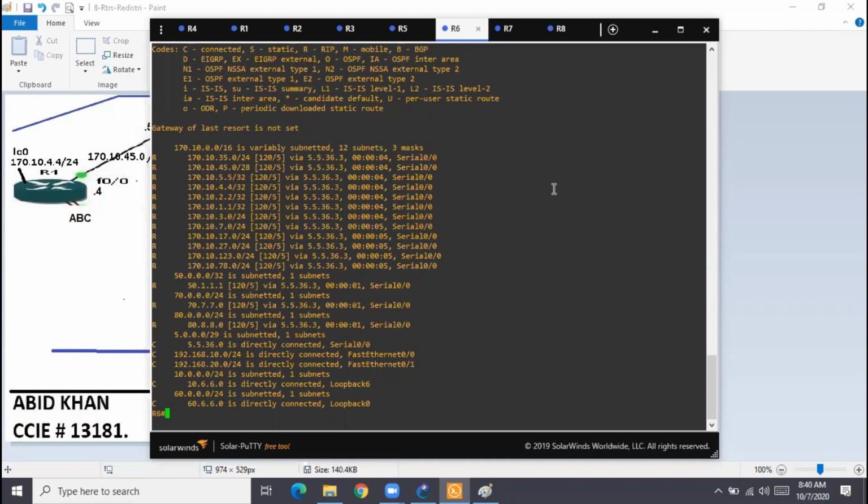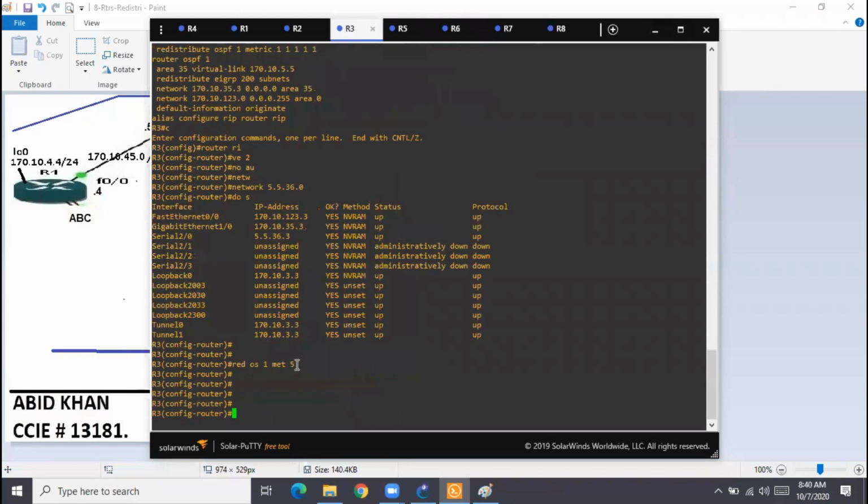How is the metric 5? Once again, very simple. I did that. It doesn't happen by magic or something. I'm telling R3, hey R3, you're redistributing this route, put metric 5, that's it. Yesterday I was showing you metric 1, today I'm showing you metric 5. We already discussed yesterday, we can assign any value from 0 to 15 or 0 to 16. Lower will be preferred. If they don't say anything, put 1 only. But let's say they tell you it should be visible as 5 on R6. Put 5, that's it. This is in your hand.